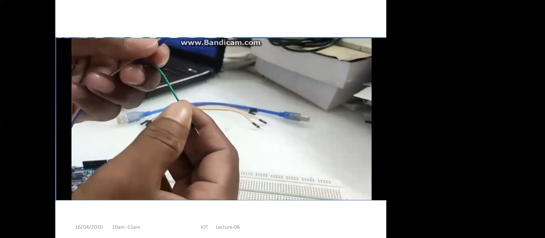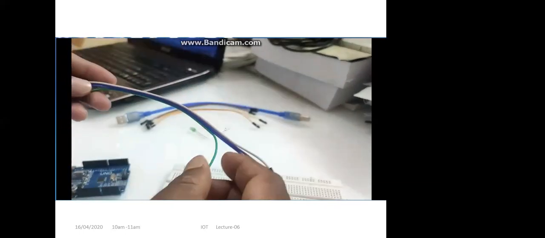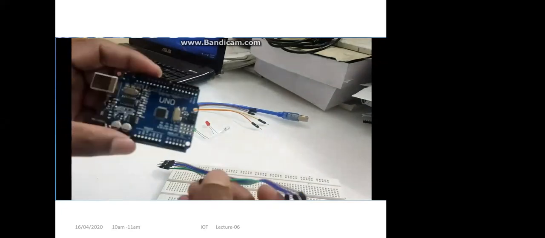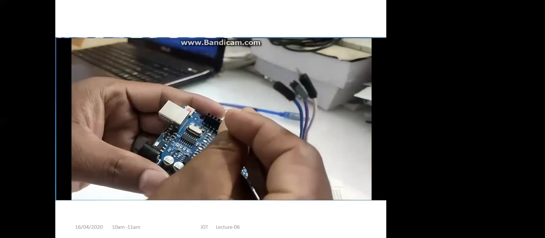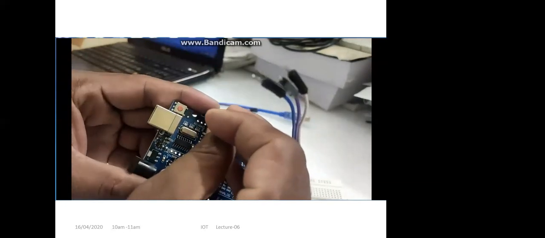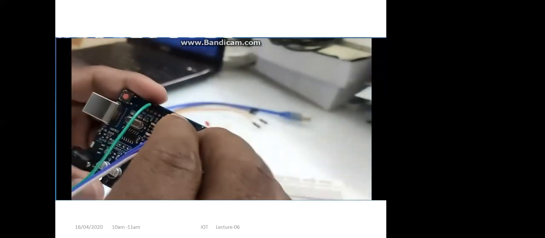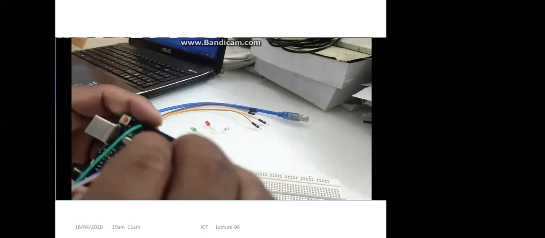We commonly give all negatives at one point, that is this green one. Please remember, green one we are choosing for ground. The green jumper will be allocated for the negative terminal of the LEDs, and the remaining 3 for the positive terminals.